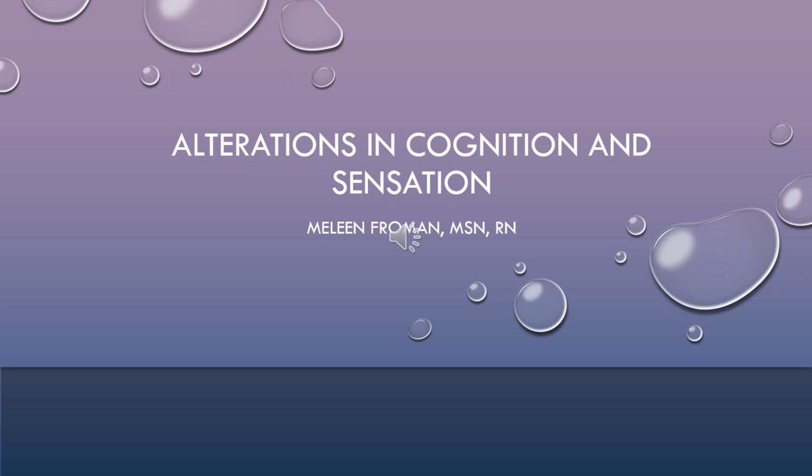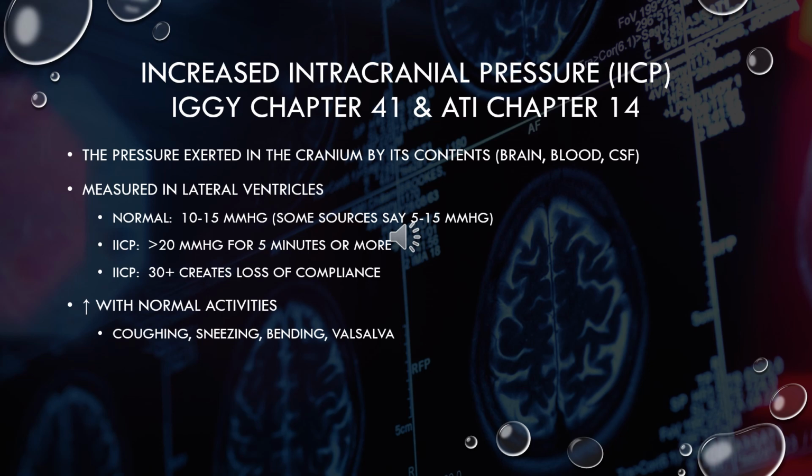So let's get started. What is intracranial pressure? It is simply the pressure exerted in the cranium by its contents. The contents of your skull, or the cranium and the intracranial space, are comprised of the brain, blood, and the cerebrospinal fluid, those three components. This will be important as you go through understanding that these three things are what reside in your cranial vault. And if there's damage or increase in one, you have to have some kind of compensatory mechanism